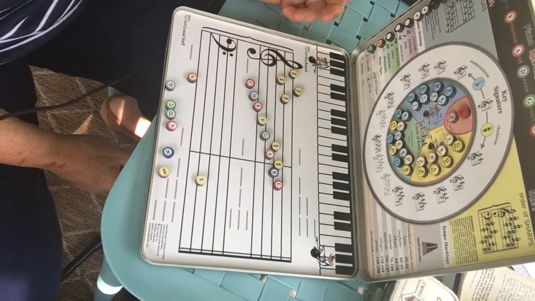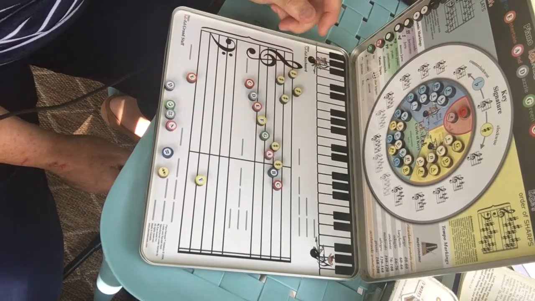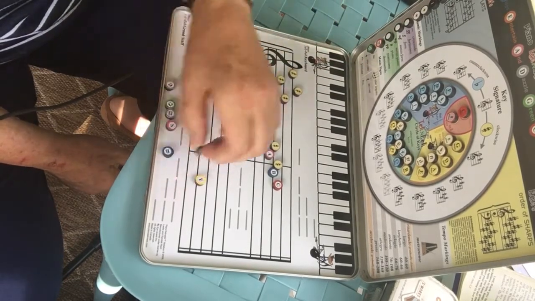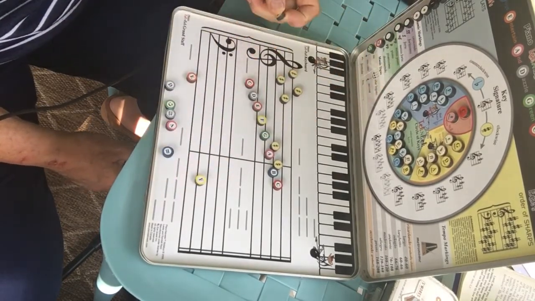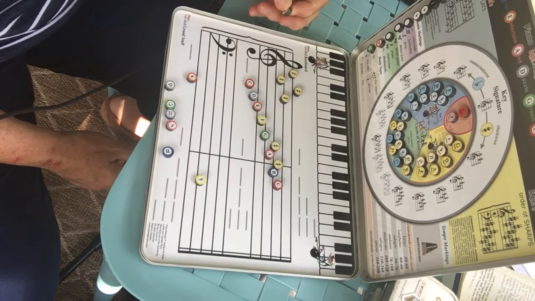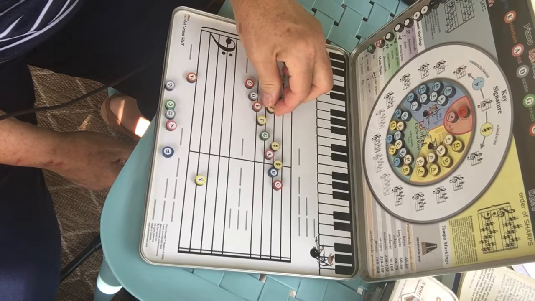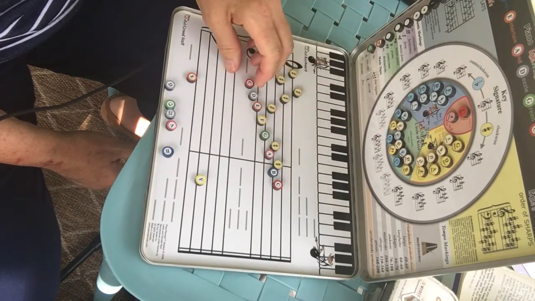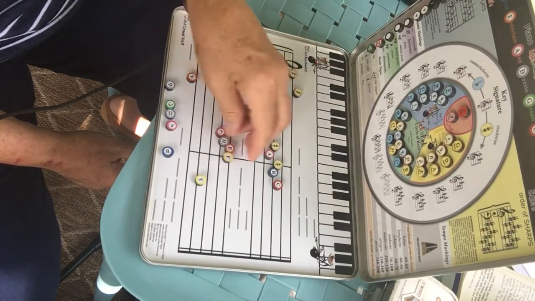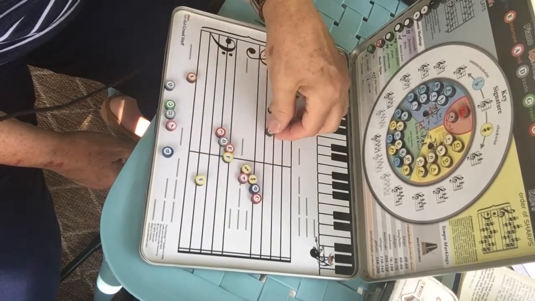And that's about all I can do with these little magnets, because that's all the sharps I have. I have one more, but I would be using it in the key signature. And, well, we'll see if it works. So F sharp, C sharp, G sharp, D sharp, A sharp is the key of B major or G sharp minor. So if I go G sharp,